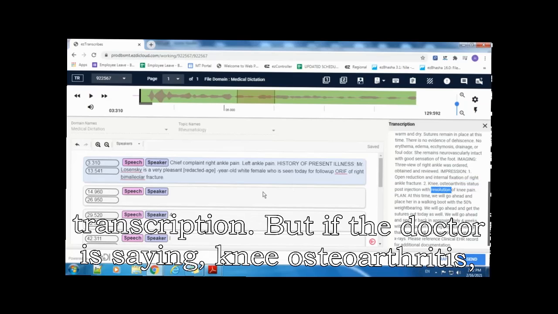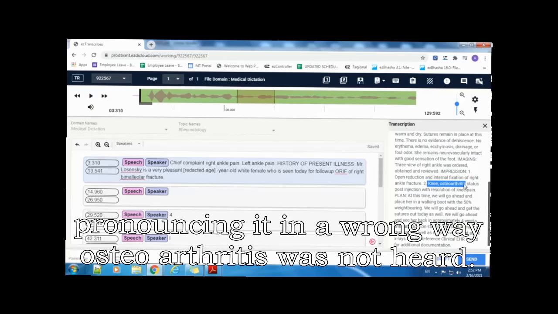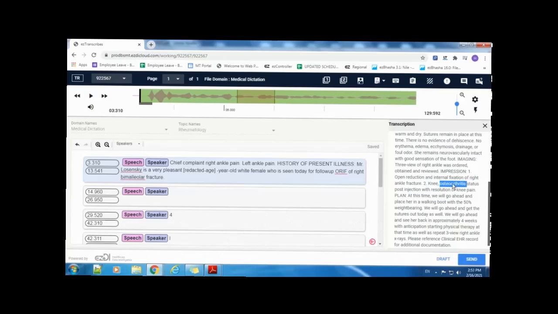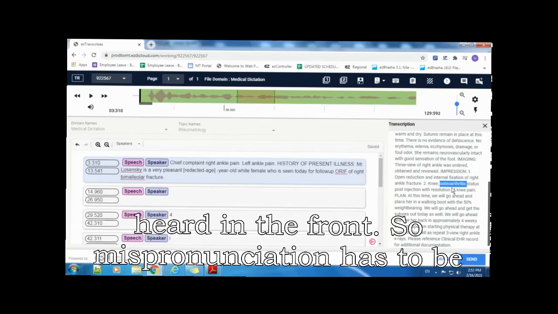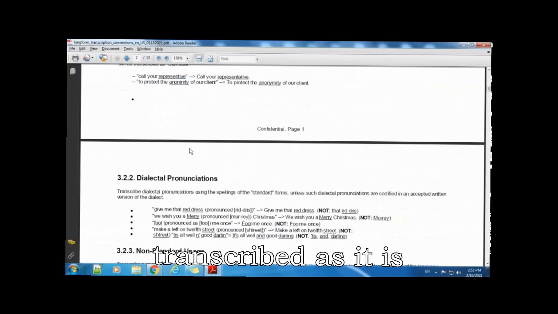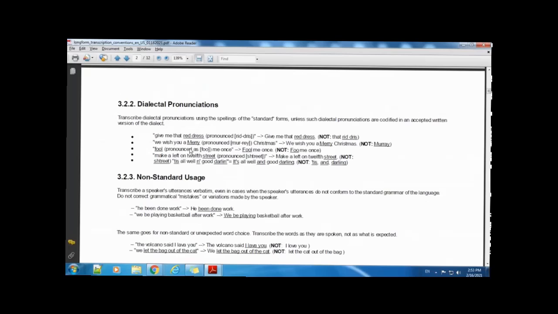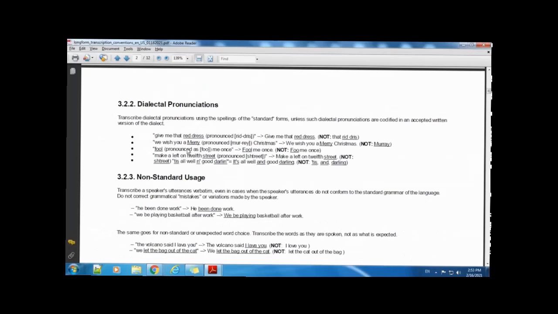But if the doctor is saying knee osteoarthritis but he was pronouncing it in a wrong way, osteoarthritis was not heard and it was heard something else, then you transcribe what is heard in the file. So mispronunciation has to be transcribed as it is. Purely verbatim, go verbatim. That's the whole idea.